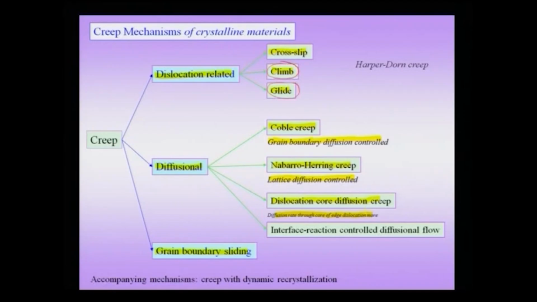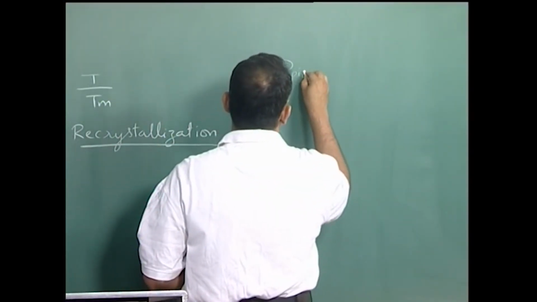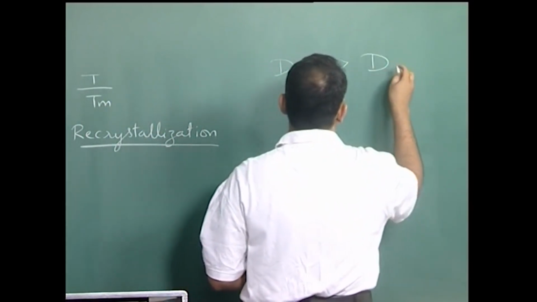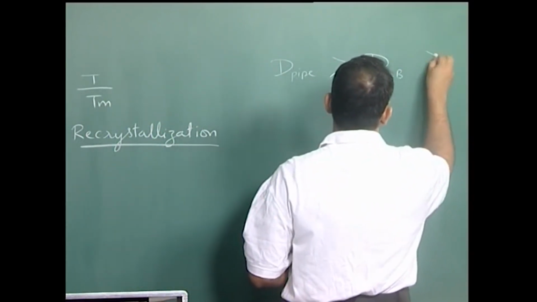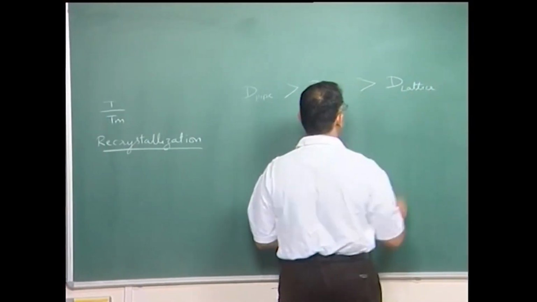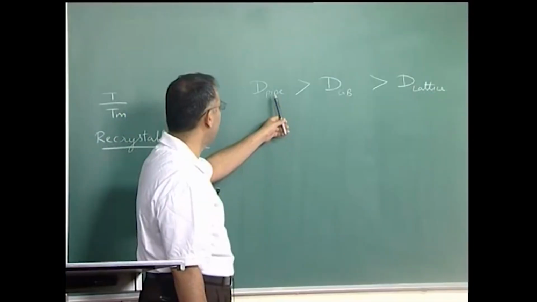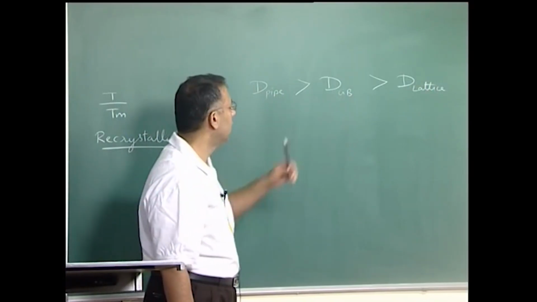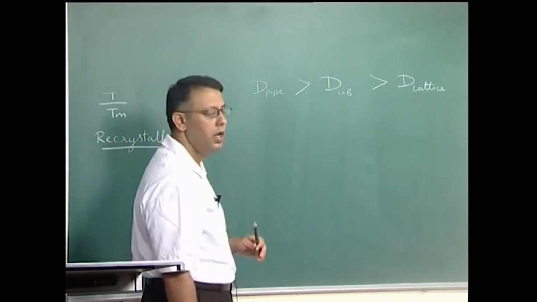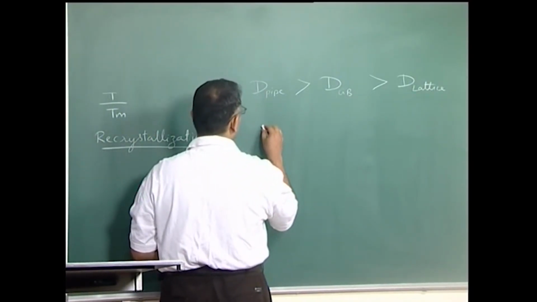Though we should notice a very important thing, that when you are talking about lattice diffusion, and if I want to write the diffusivity for these three phenomena, I can write down the diffusivity of pipe being greater than the diffusivity of grain boundary diffusion, which is greater than the diffusivity of lattice diffusion. But this does not imply automatically that the amount of matter transported by pipe diffusion is going to be more than the grain boundary diffusion, because the cross sections of these is different, and typically in a normal material you will notice that dislocation cross section